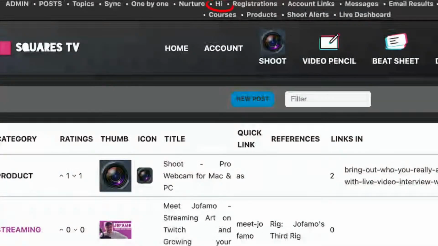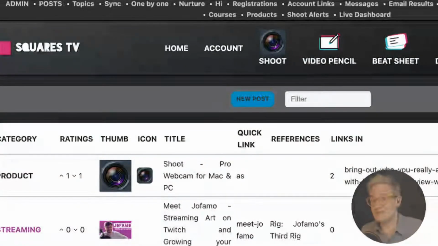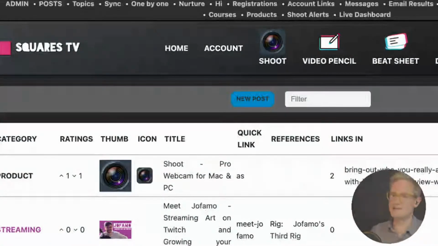I've got this little hi thing, which is, what does it say to you when you first sign up to the website? You might have come through, what page did you come in? And depending on what page you came in on, or what campaign you came from, or how you ended up getting here, I can ask you a better question than how's it going? I can say, oh, how are you getting on with Shoot? If they came in through the delay calculator, I can say, oh, did you manage to solve your OBS delay problems? And then I send this hi email out to people,